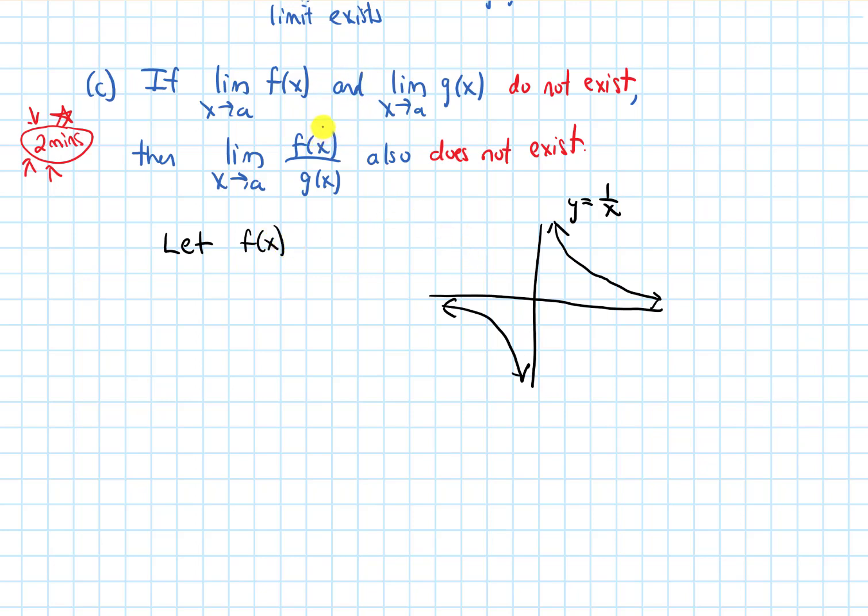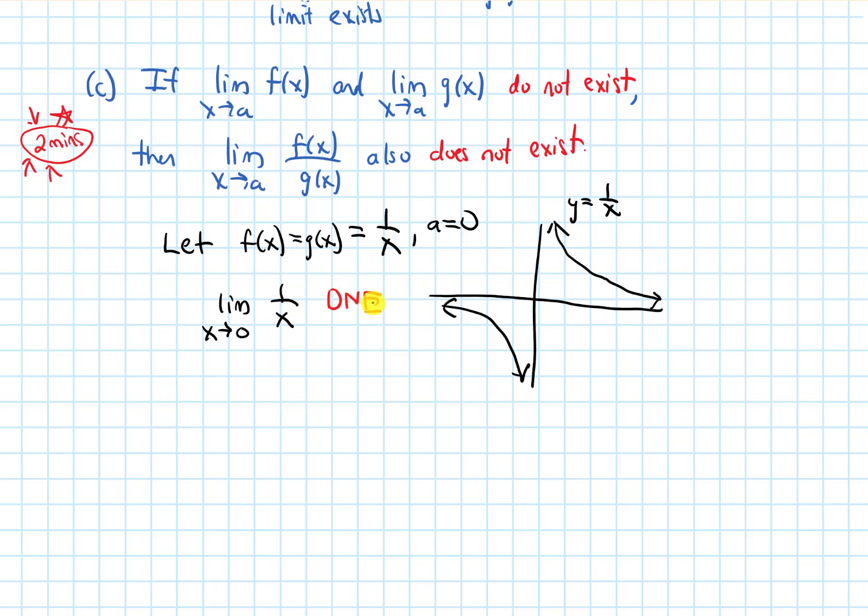But to come up with a counterexample, when I divide f by g, I need that limit to exist. What if I just let f of x be the same as g of x? What if I let both of them be 1 over x? And I got to specify what a is. A is going to be 0 because then the limit as x approaches 0 of 1 over x,